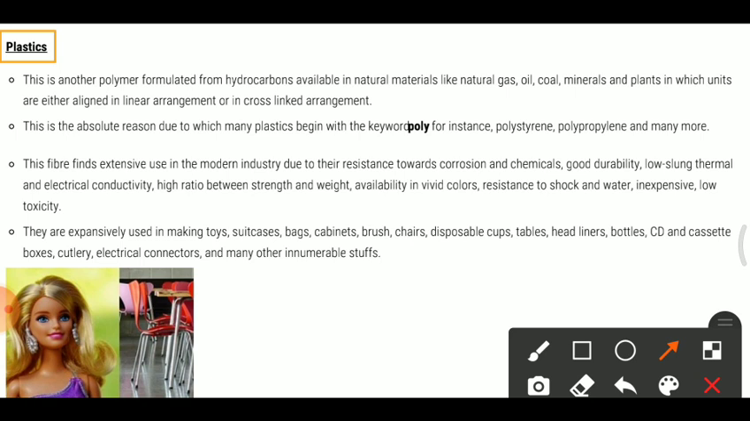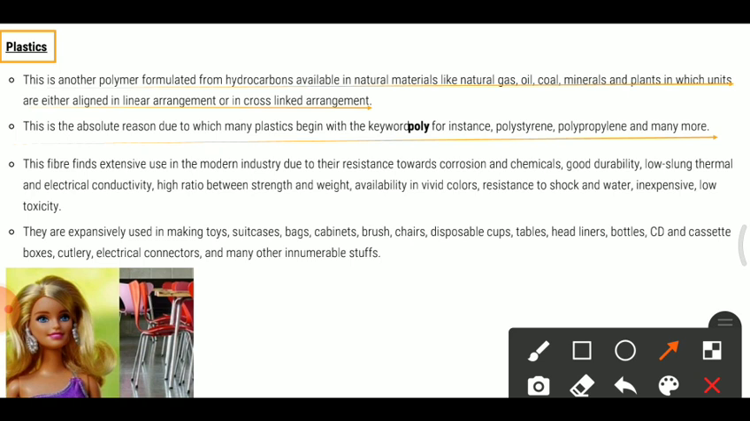So the main points for plastic we can write. This is another polymer formulated from hydrocarbons available in natural materials like natural gas, oil, coal, minerals and plants, in which units are either aligned in linear arrangement or in cross-link arrangement. This is the reason due to which many plastics begin with the keyword poly. For instance, polystyrene,